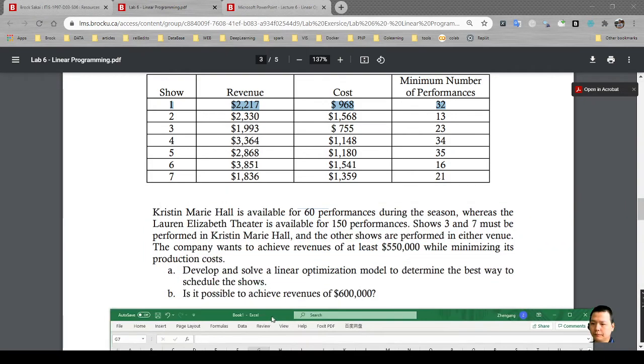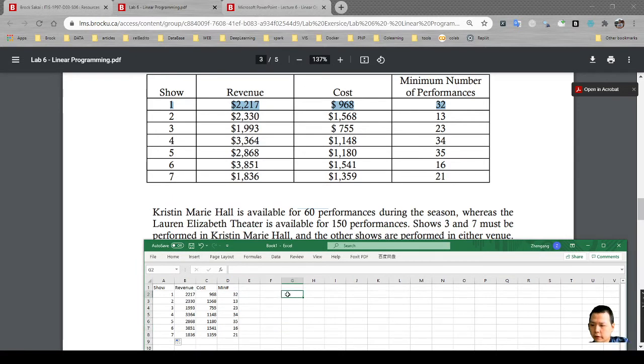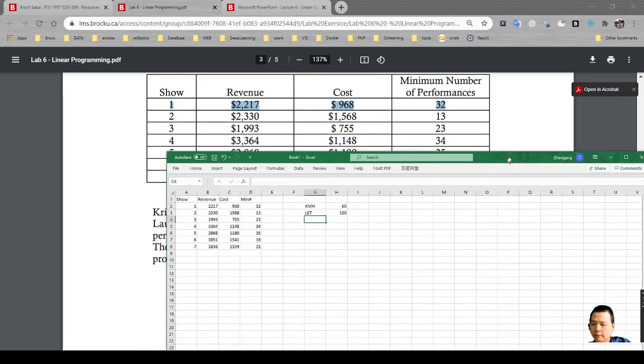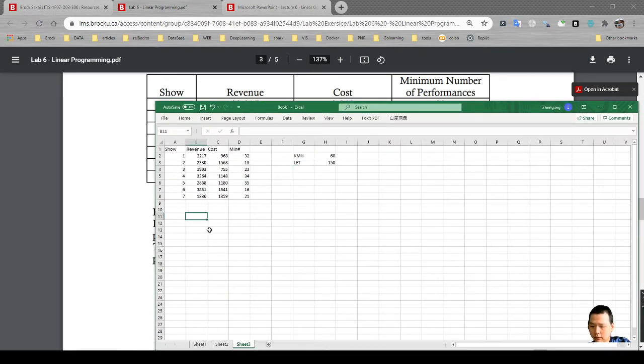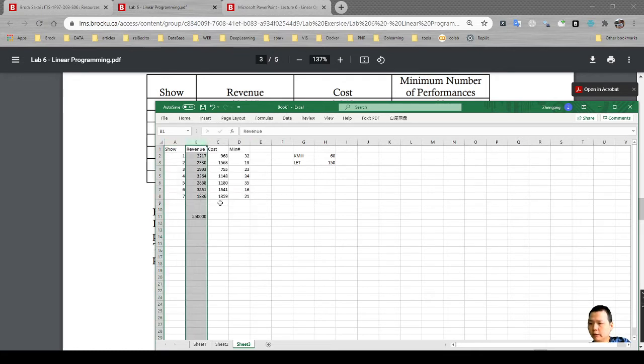So we have several other pieces of information: KMH is 60 and LET is 150. We want at least 550 for the constraint. So before that, we want to insert